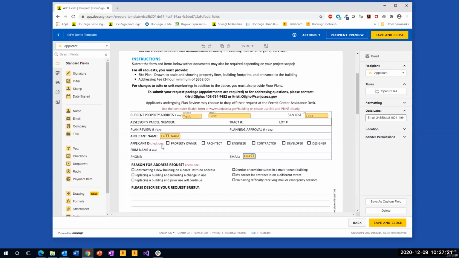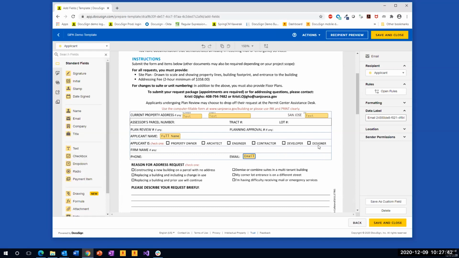Now, I understand that many of you would have forms that look something like this, but when you are transitioning to an electronic platform, it is important to know that there is a difference between what is a checkbox and what is a radio button, right? DocuSign offers both options. You can see checkbox and radio buttons.